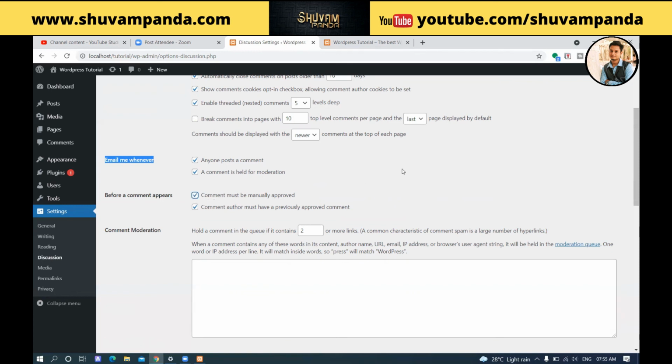If you, as the website owner or admin, approve the comment, then the comment will be visible. Otherwise, if you don't approve, it will not be visible. So you can filter which comments you want to make visible on your website. This is good to keep your website safe, secure and genuine. So you can check the manually approve button.